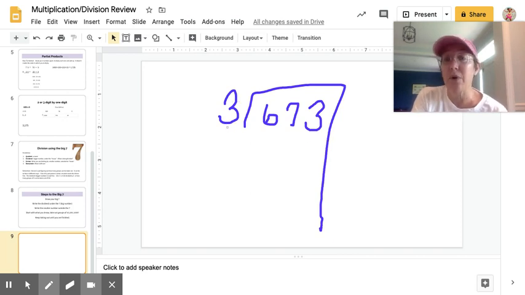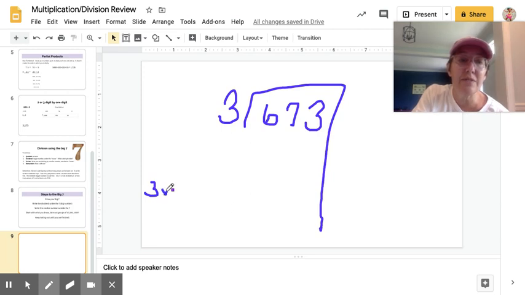Next, we're going to want to take out groups of 3, and we need to start with tens or hundreds or thousands. Well, 10 threes is just 30. Look how big my number is. So I could take out 100 threes, which would be 300. Ooh, remember our think charts? So I did 3 times 100,